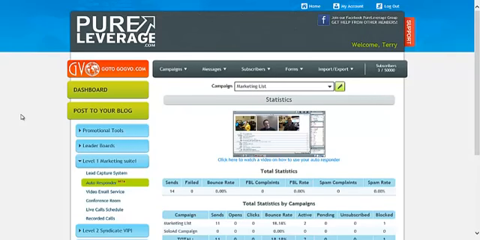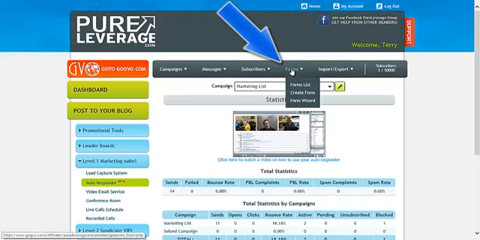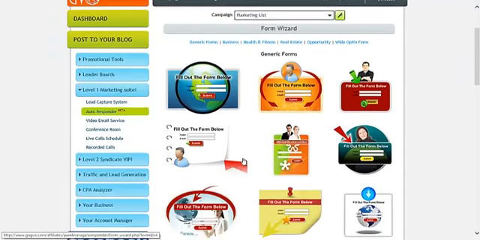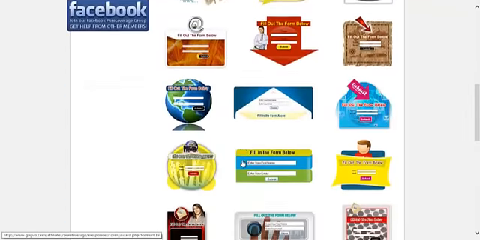Alright, in this tutorial let's look at creating an opt-in form using the templates that are available for you. So once you're in your Pure Leverage dashboard and you've gone under Level 1 Marketing Suite and you find Autoresponder, let's go up to where it says Forms and go down to where it says Form Wizard. Go ahead and select it, and you'll notice that you have a large number of options that you can use